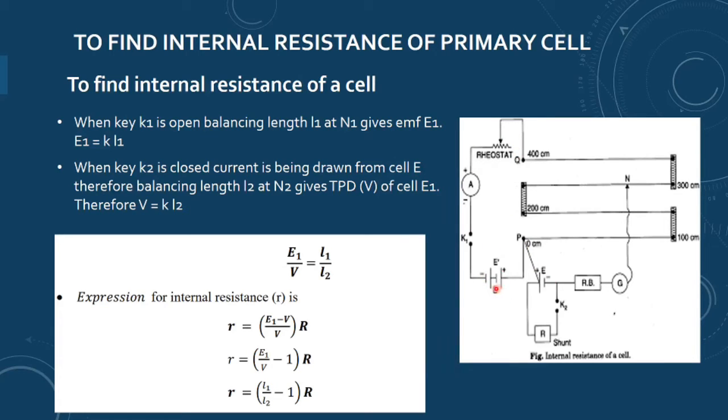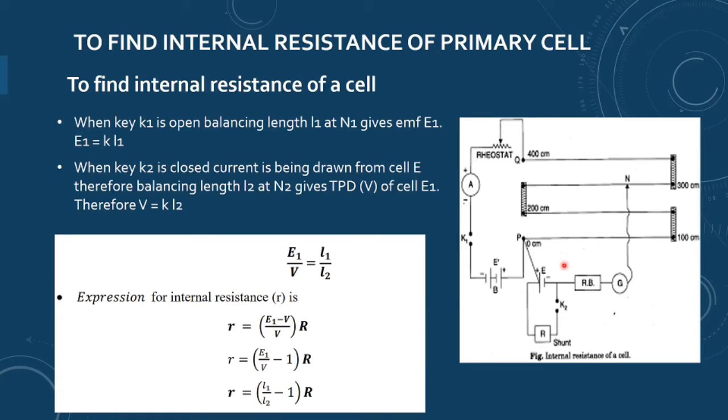Through the battery eliminator, then key, then ammeter and rheostat. These all are in series, and going to the other end of the potentiometer wire, that can be 1000 centimeter, that can be 400 centimeter, depending upon. But when you have to draw in the exam, you draw for 400 centimeter because it is comfortable to draw. But in a numerical, whatever they mention, accordingly you have to solve or work out.